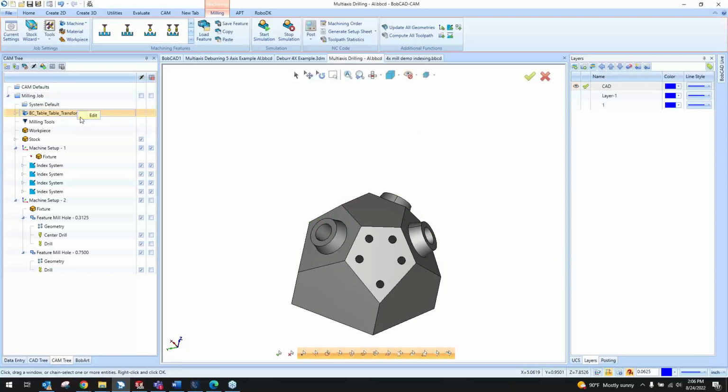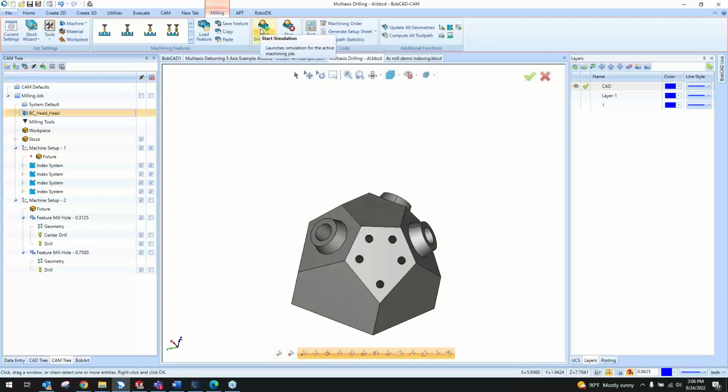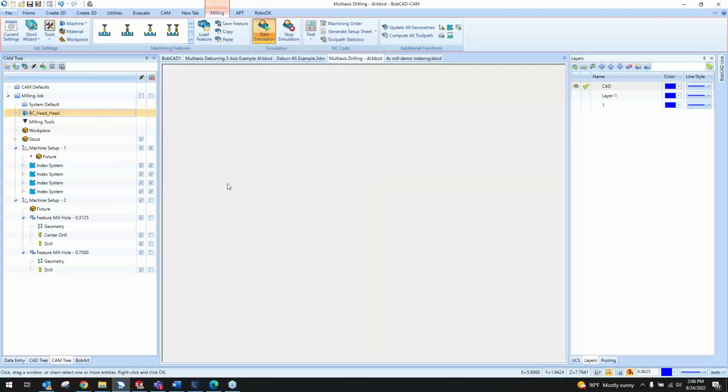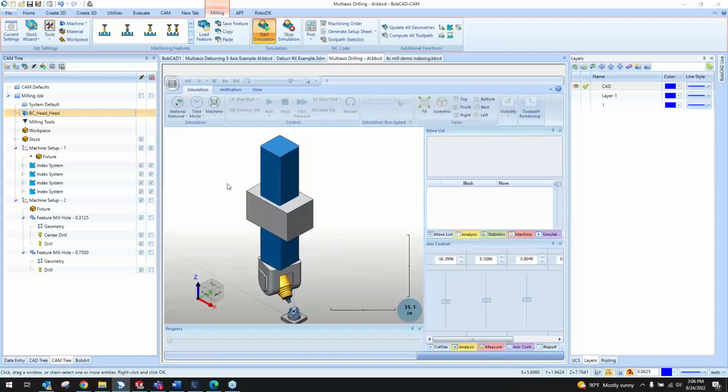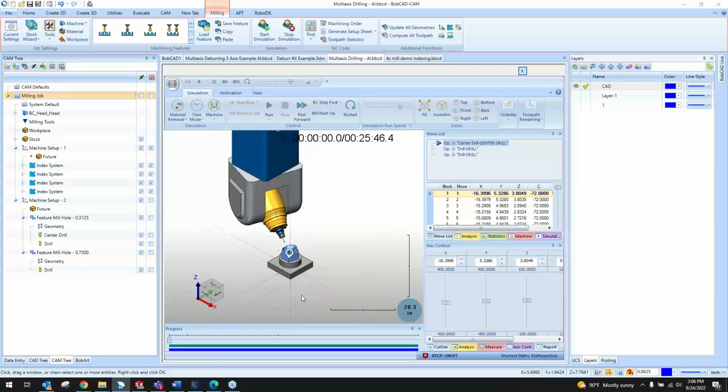We have some other different types of machines other than the table. We have the head table, where they either have a platter or a trunnion, and then the head is able to rotate in one direction, or a head where the tool will be able to rotate around the x-axis and around the y-axis, which would be A-axis rotation and B-axis rotation. So different types of machines in here